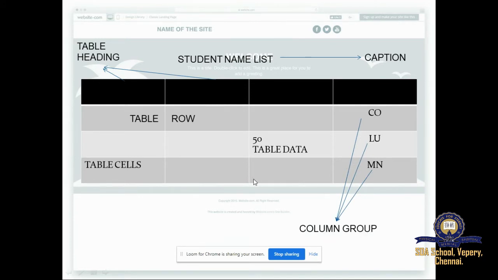Okay. And then on the whole, the row and column comprise the table body. So the contents present within this row and column comprise your table body, but table data is different from a table body. Table body comprises all the contents and table data is this individual table content. Okay. And then the table foot is the end of your table, that is the bottom of your table. So these are the elements which we listed in your previous session.